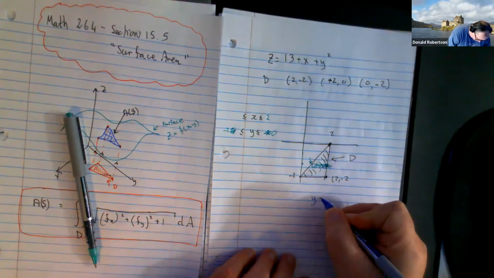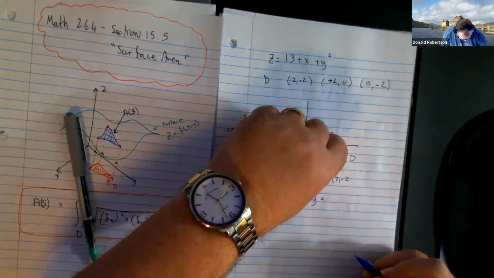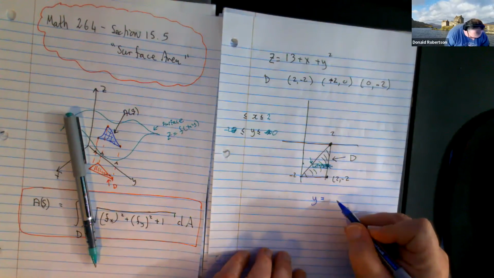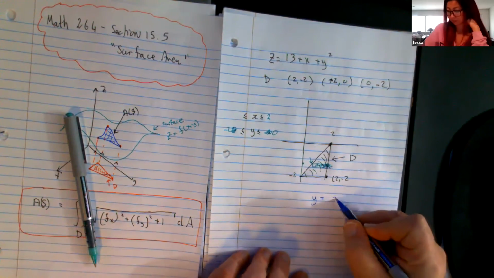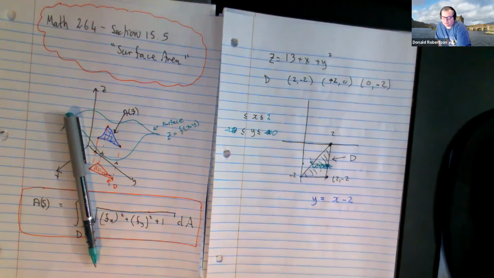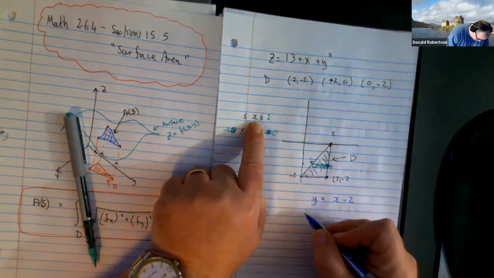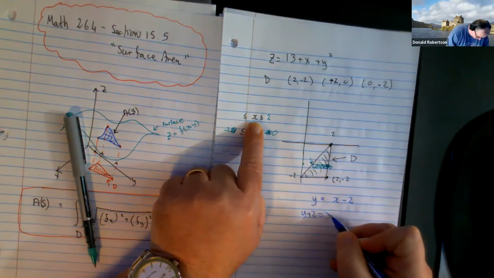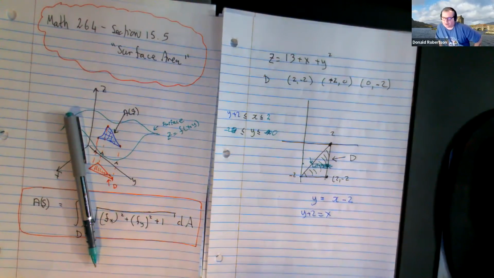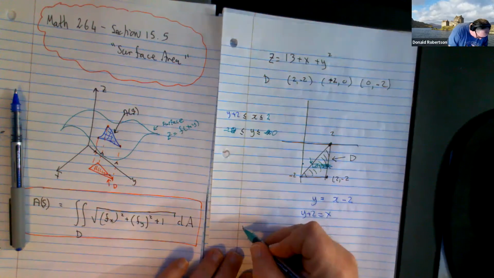So if you take y equals, what slope is this line? +1. Okay, and would you agree, because its intercept is at -2, that is the equation of it. Now, since you want it in a slightly different version, can you see that's what you get? Are you happy with x equals y plus 2? Now, to find the area of the surface,